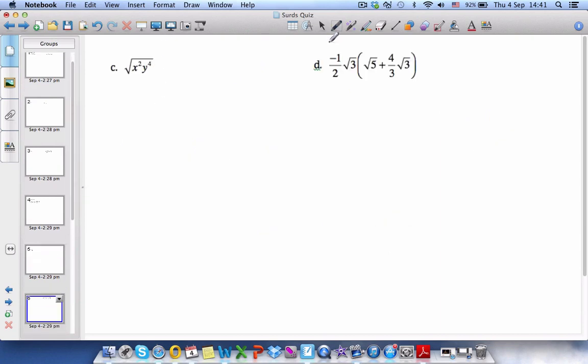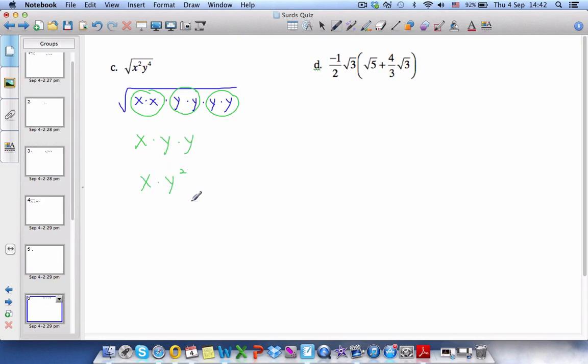Okay, number 2c. Here's x squared and y to the fourth. We know that this is going to be something squared, right? So all the exponents are even, so we can cancel them out. How is that going to work out? Well, the easiest way you can think of it is, I have 2 x's multiplied together, and then I have 4 y's multiplied together. So every time I have a pair, that's going to be coming out of the square root as 1. So there's 1 pair of x, and then there are 2 pairs of y,